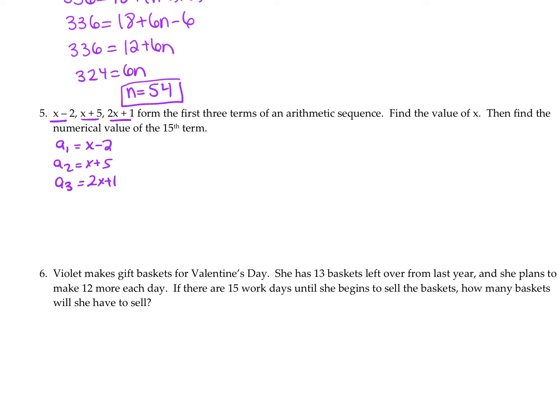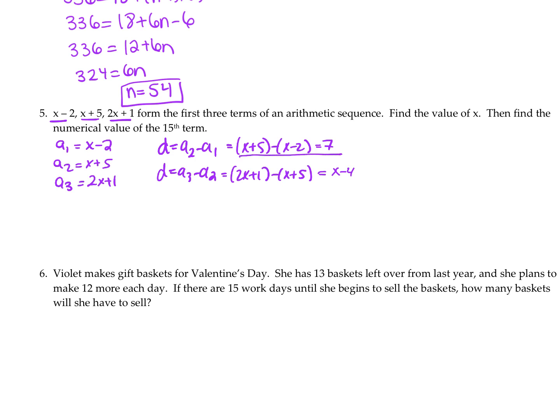So I know that to find my common difference, I could do a2 minus a1, or I could do a3 minus a2. Either way, I would get 7. Actually, in this one, I would get x minus 4. So let's use our a2 minus a1 to get us 7. So now that I know my common difference, I can substitute